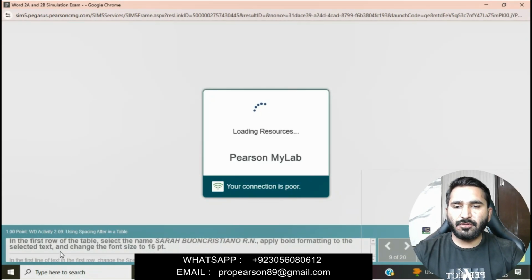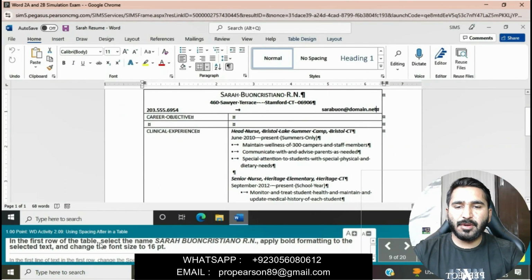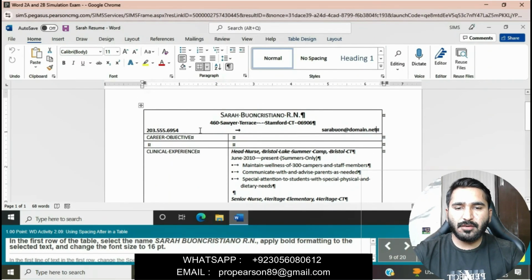In the first row of the table, select the name Sarah Boncristiano, and apply bold formatting to the selected text and change the font size to 16 point.